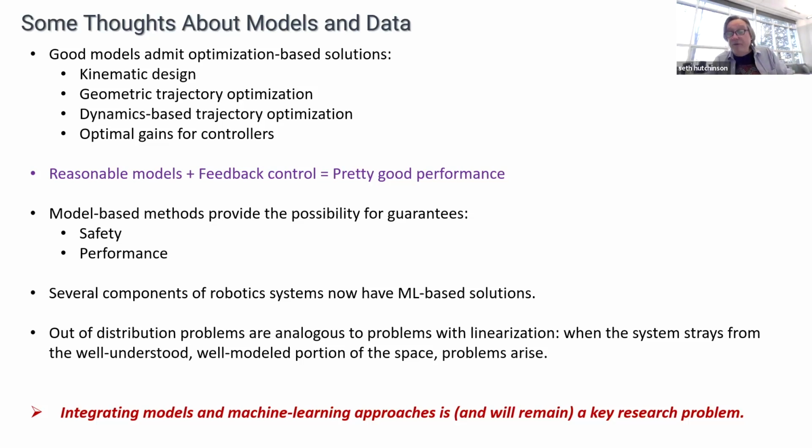And then lastly, out of distribution errors take different forms for the control theorist than for the machine learning person, right? If you're doing machine learning, out of distribution errors mean I've seen problems that weren't in my initial distribution of problems that I did the training on. The analogous problem for the model-based people is, for example, I did linearization and my system was too far away, and so the linearization broke down, right? It's not exactly the same problem, but there's a really nice analogy between those two things, where in one case you find the limits of your training set, and in the other case, you find the limits of your model.